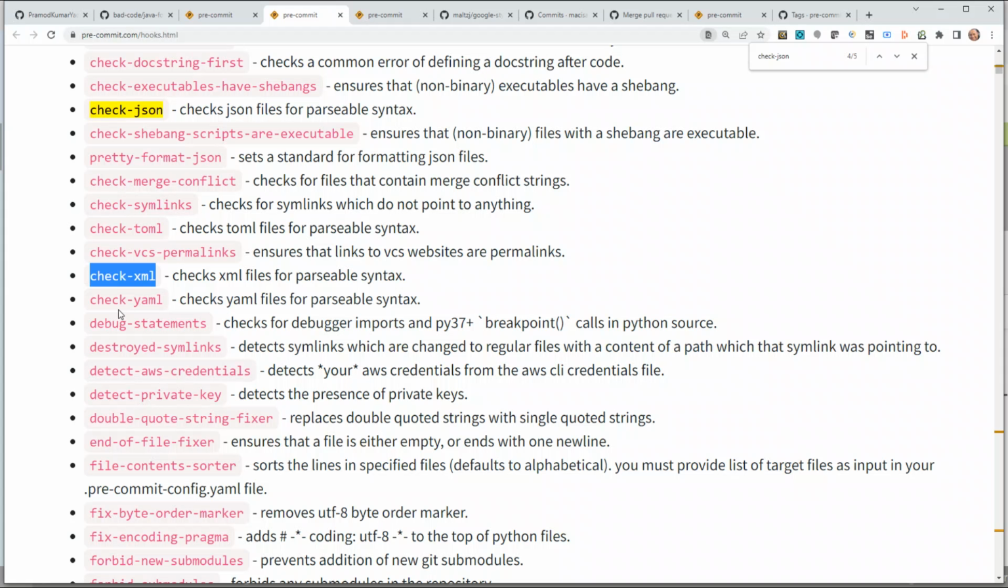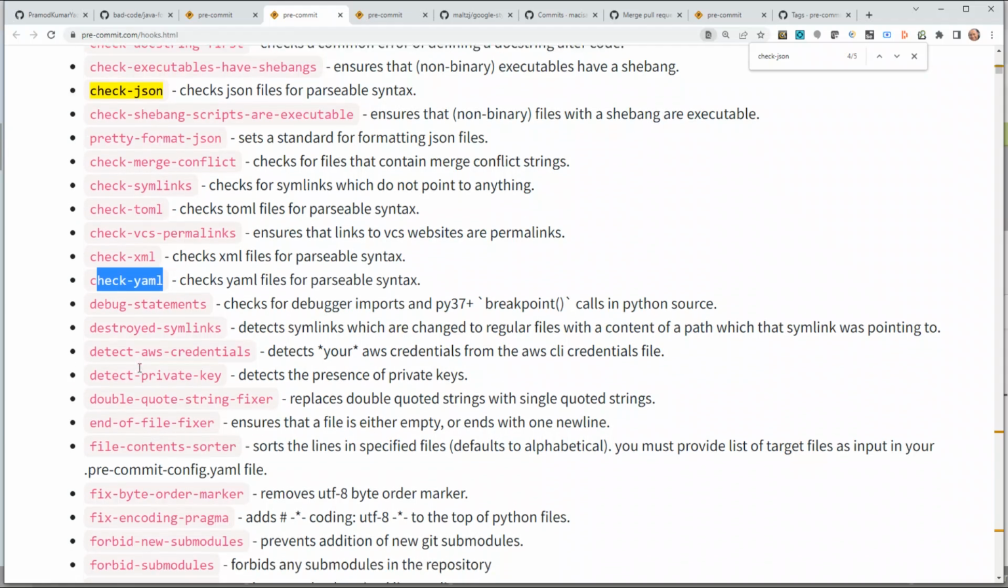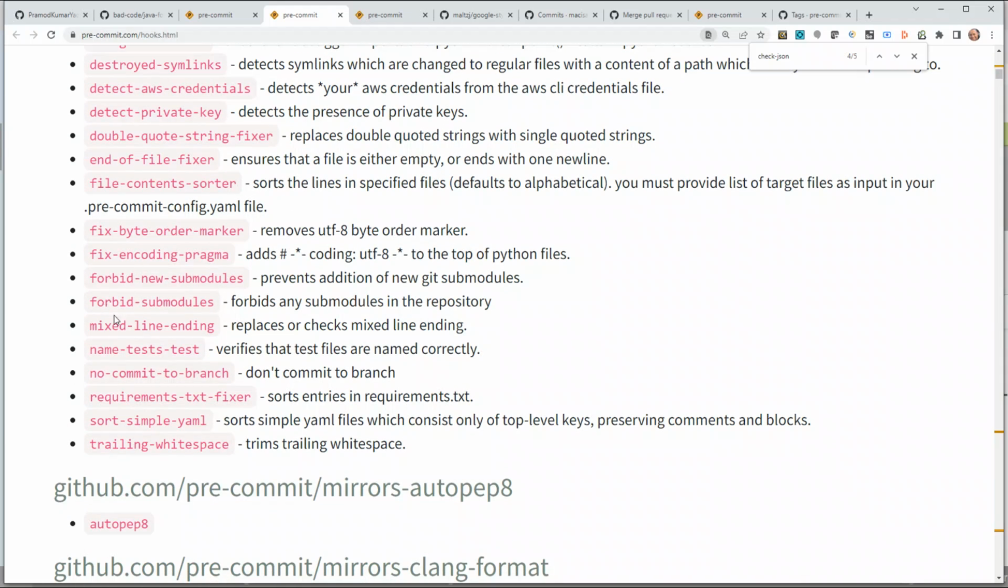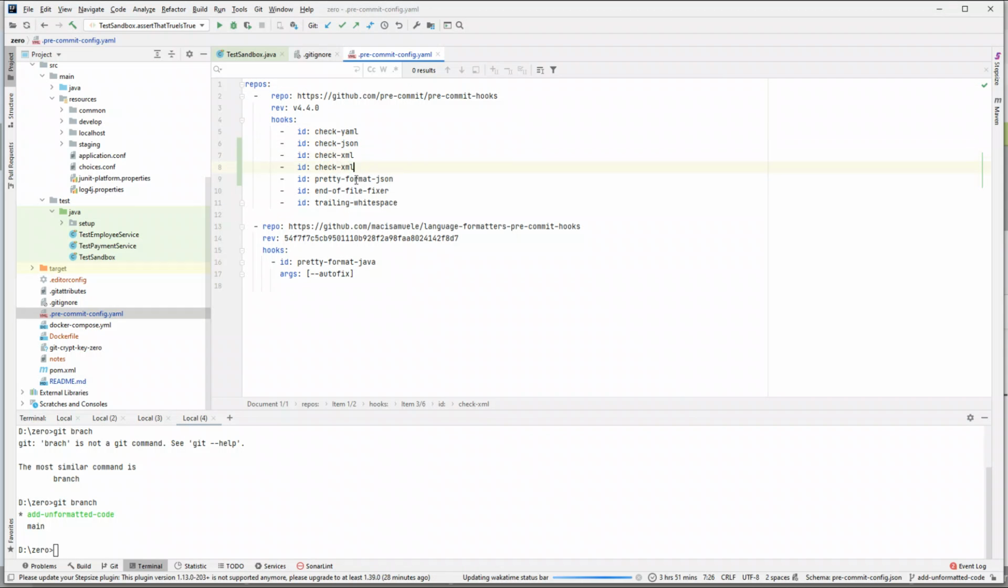What else? We already have YAML. What else? Double quote and the file fixers, mixed line endings, replaces or checks mixed line endings. You can also add that if you're working in a project where people are working on Windows machines and on Linux machines. So sure, why not? Mixed line endings, name test, no commit to branch. I think for now this is good enough, right? So if I come back and just add one more, I think then we are good enough with